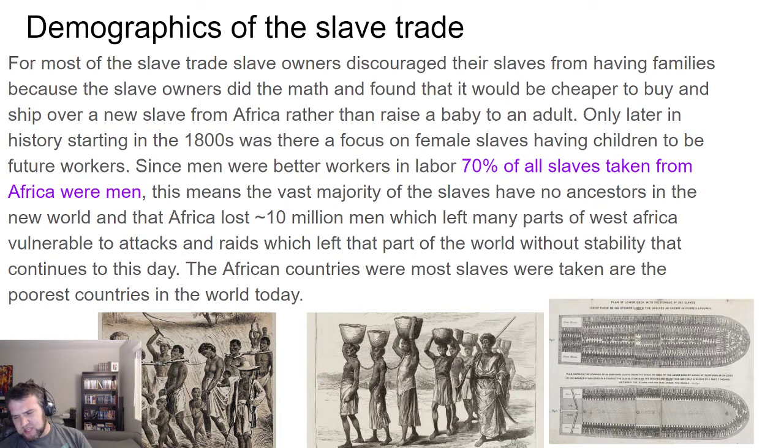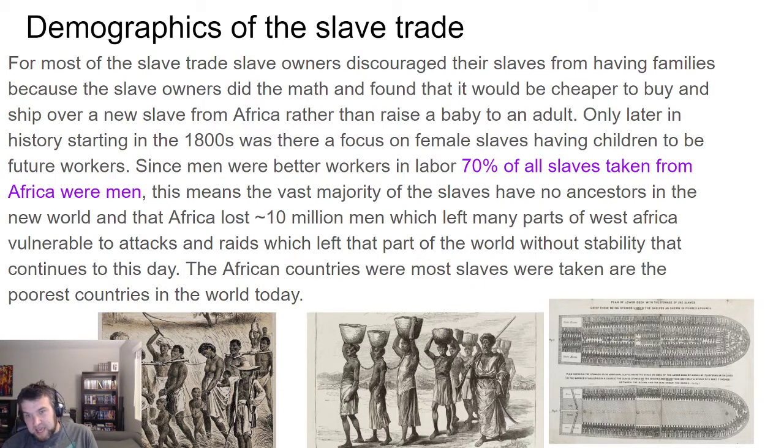Okay, and now let's talk about slavery's effect on Africa itself. For most of the slave trade, owners actually discouraged their slaves from having families. I thought this whole concept was really wild when I learned about it. But slave owners did the math, and they said, well, I could make my male slave and my female slave have a baby, but then I've got to wait 18 years to have an effective worker. It's cheaper for me to just